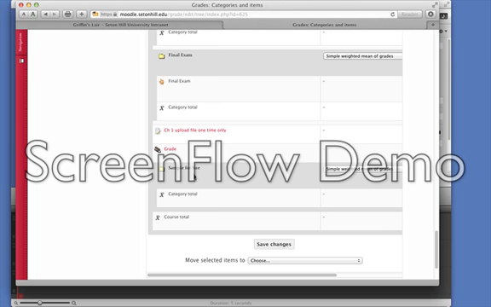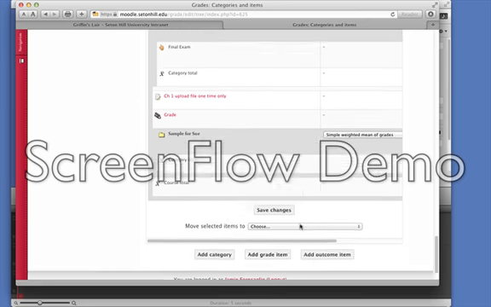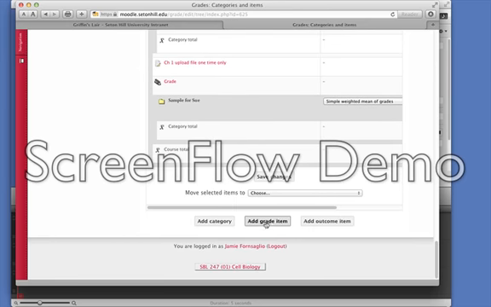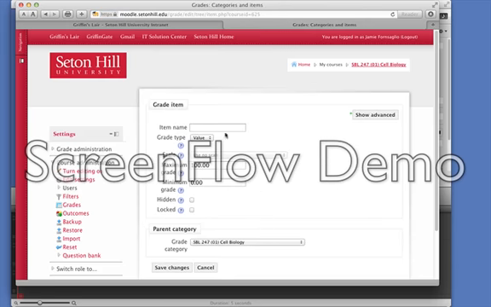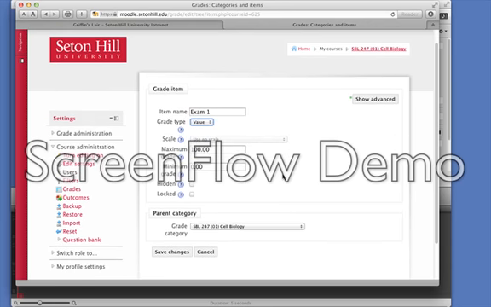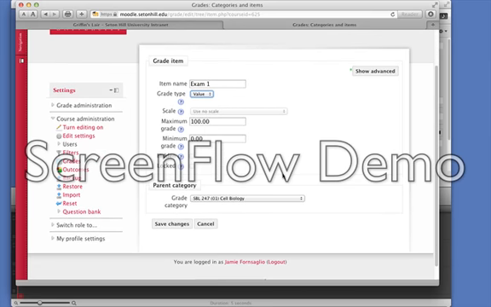So this is your category for your exams. Do you have exam 1, exam 2, exam 3, exam 4? Yes. Okay, so under there you might want to add a graded item, something you want to grade. So you add the graded item. Do you want to call it exam 1? Yes. Exam 1, and I don't change any of the stuff, 100%, whatever. Now, if you want, I'll say that in a minute. Are your exams out of how many points?